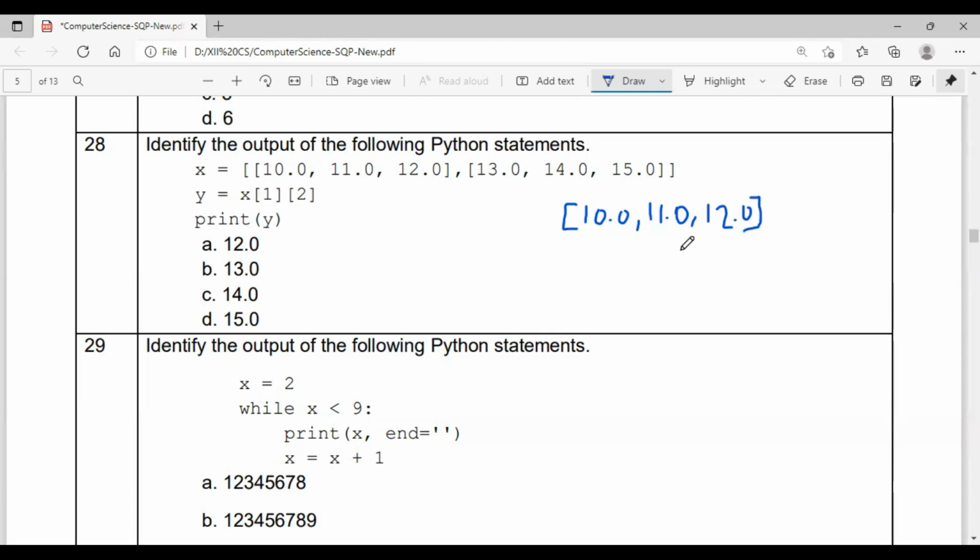And the second row data is 13.0, 14.0, and 15.0.